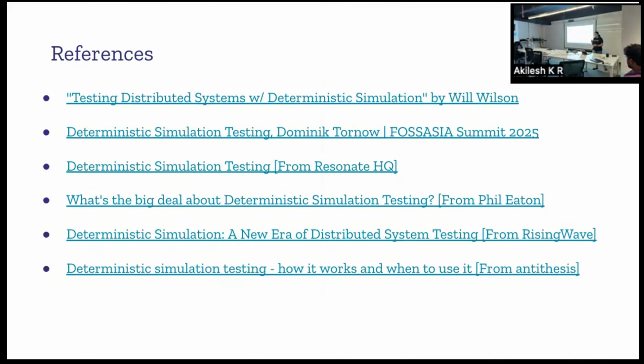So if you folks want to know more about deterministic simulation testing, these are some of the references that I've provided. All of these are from people who actually practice this in their day-to-day work, right? Bill Wilson was the founder of Antithesis.